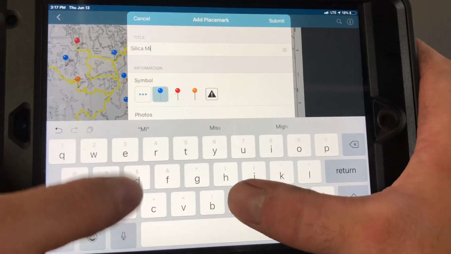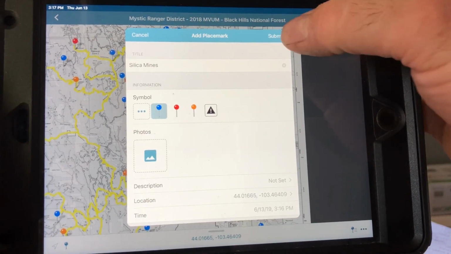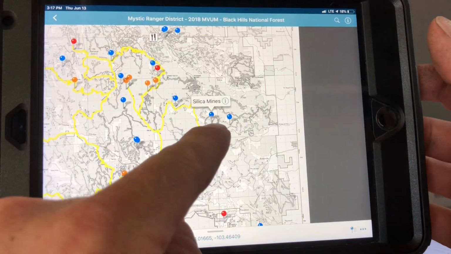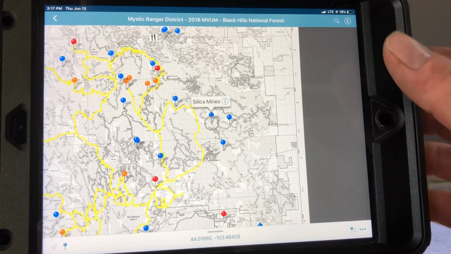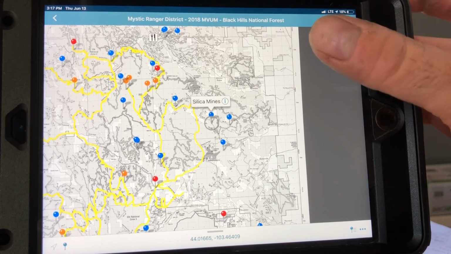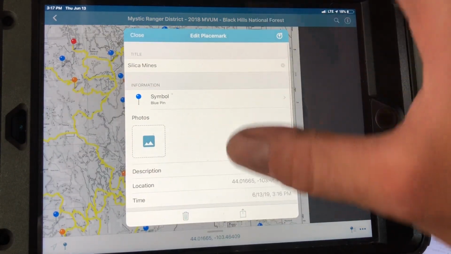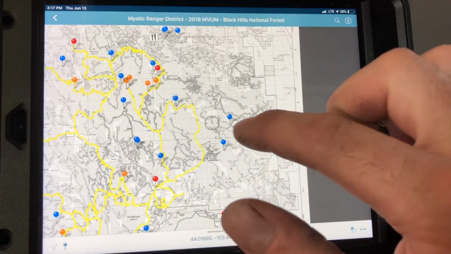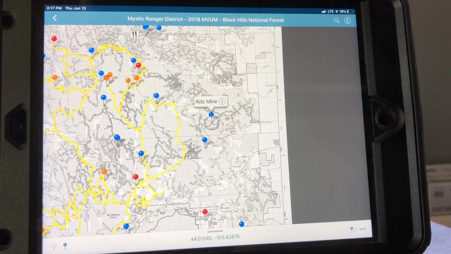Silica Mines, for conversation's sake here. Return, and you want to submit it when you're all done editing it, and that drops a pin right there. Even though that's not where Silica Mines is, I'm just using this for conversation's sake. But if you want to get rid of that pin, you can hit the trash. And once you have that pin on your map, like this pin for say, this is where the KDS